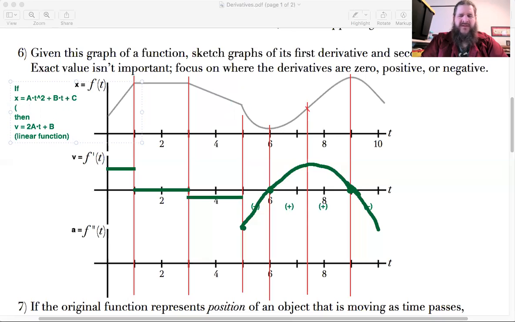Whereas the position graph that leads to that is a quadratic function, a parabola. So one of the important results of this is that if the position function is a quadratic function, a parabola, then the velocity graph will be a linear function. But if you take a look at this position graph, it does not really look like a parabola. If anything, it looks kind of like a cubic. In fact, we might sketch out something like, if we continued this, we might have something like